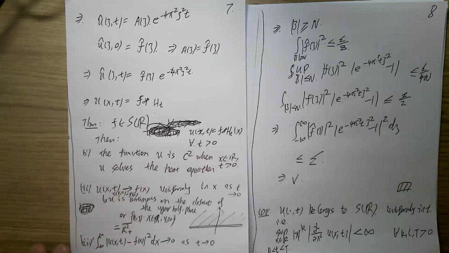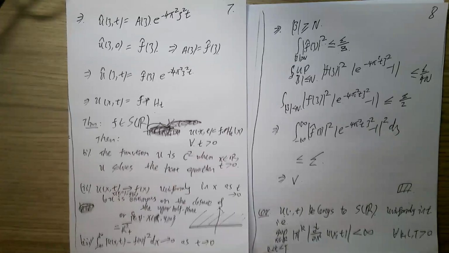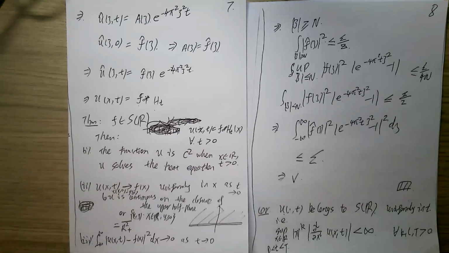That's clear. But here, I claim that for any t, as long as your t is in some finite interval from 0 to capital T, for instance from 0 to 100, then whatever t you choose, you get a Schwartz